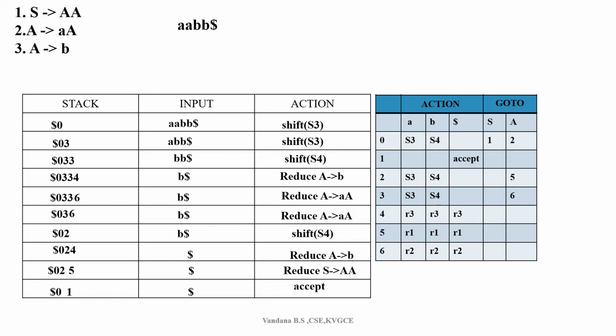So on the right hand side, you just count the number of symbols. That many symbols you have to pop out from the stack. Not only that, we have one more action. After popping, identify which is the stack top, and that stack top and the left hand side of the production symbol, you have to find out what exactly the move is for that.